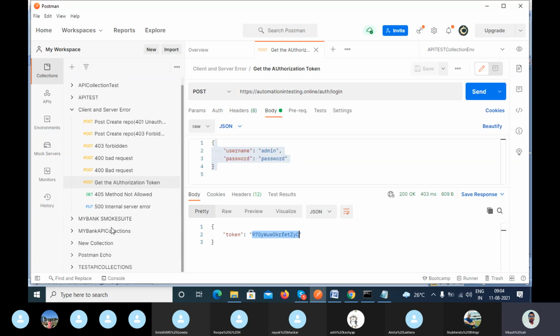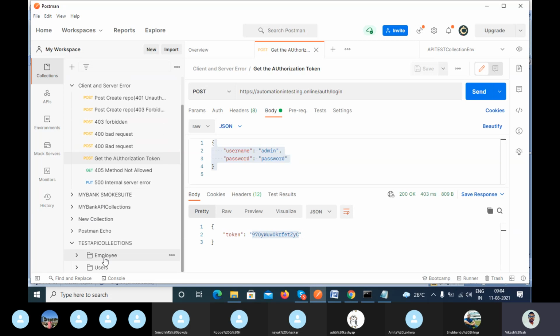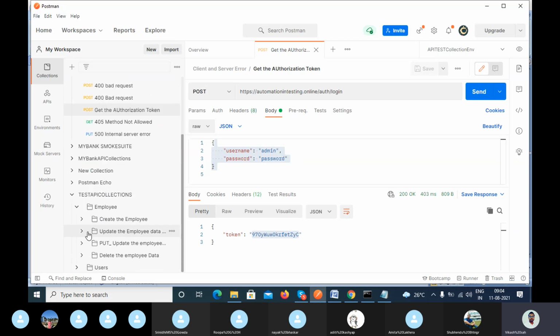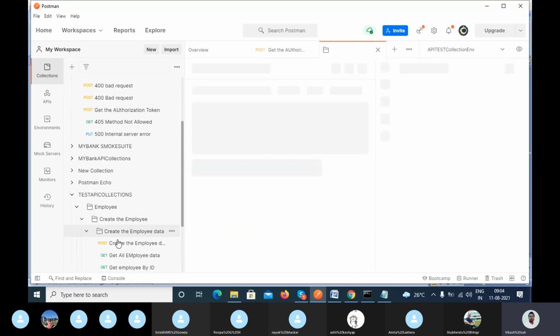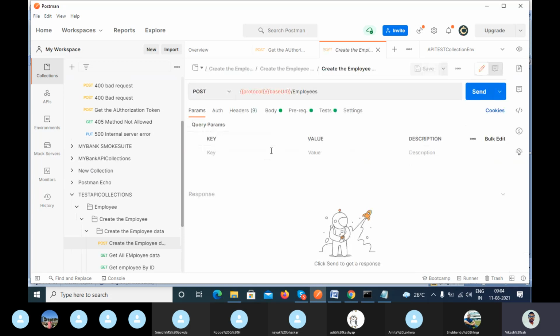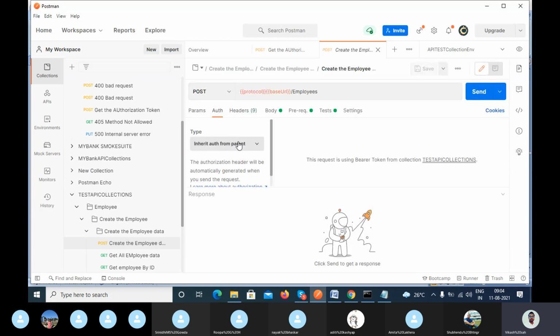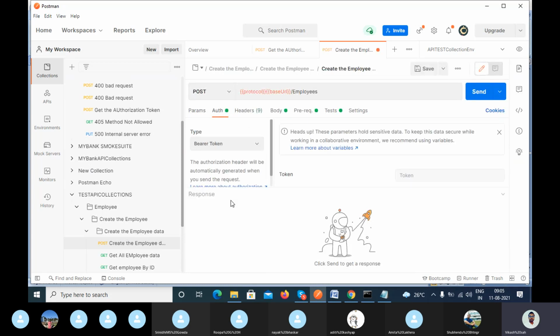Suppose you want to do a CRUD operation, to create data. You have to go to the bearer token and pass that token. Then when you connect with the server, the server will first verify your token.